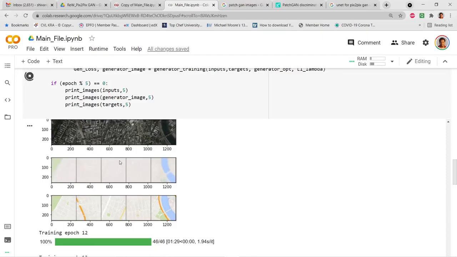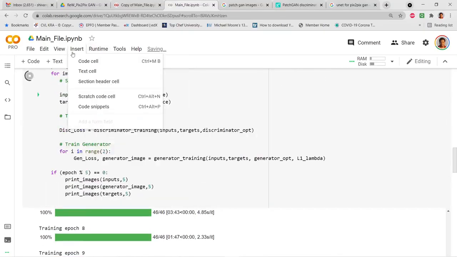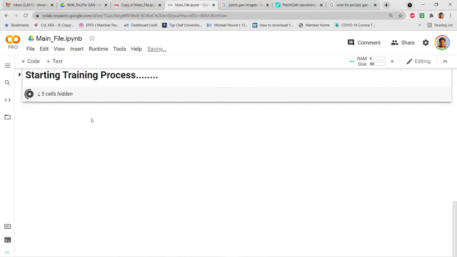So we'll be running at least 40-50 epochs, and then we'll see the final output. But this is just the process. So this is what we are going to build. So these are the 1, 2, 3, 4, 5 images, separate images of the map. This one is the output, and this is something which we want to generate, and the second row should match the third row. Ideally these both should look similar. So anyway, we'll go step by step and we'll see how things are doing.